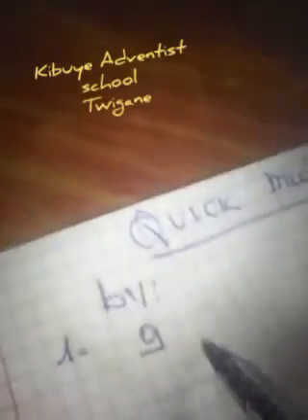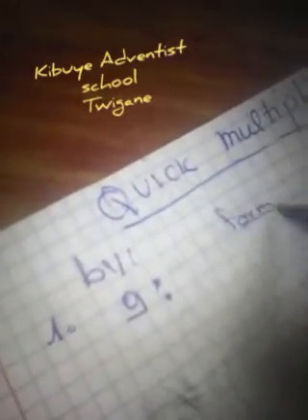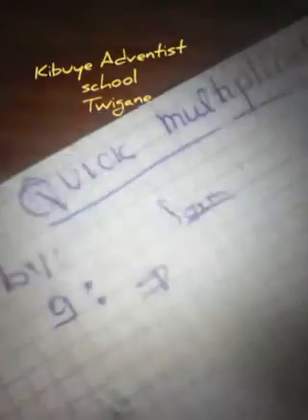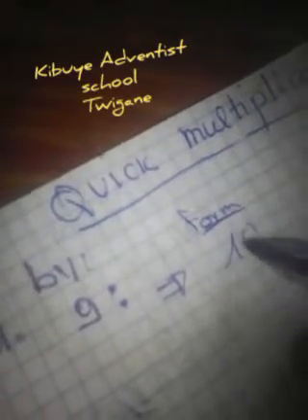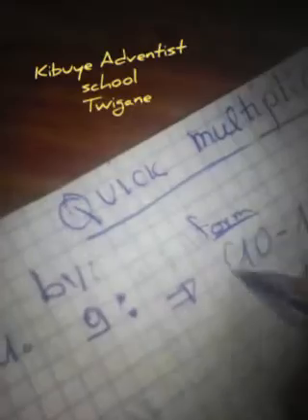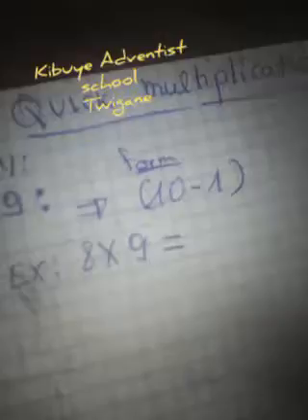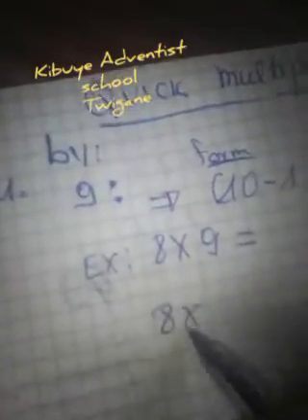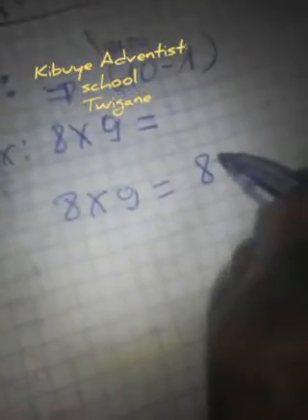Then let's continue with quick multiplication by 9. Quick multiplication by 9, start from a formula that we have to use. As you know, 9 is equal to 10 minus 1. It means that for the quick multiplication of 9, you take the number times 10 and the number times 1. Here is an example: 8 times 9 is equal to, quick multiplication is to take this number